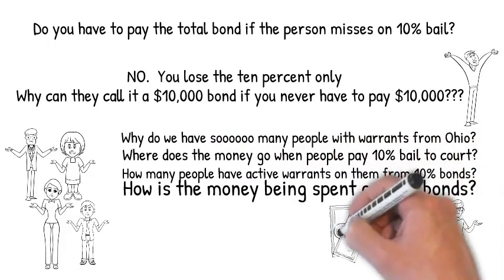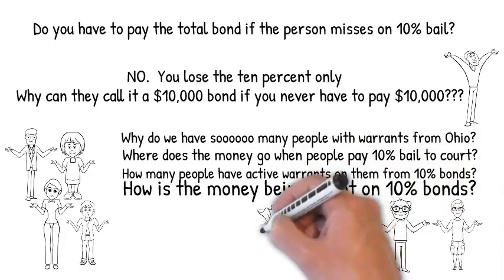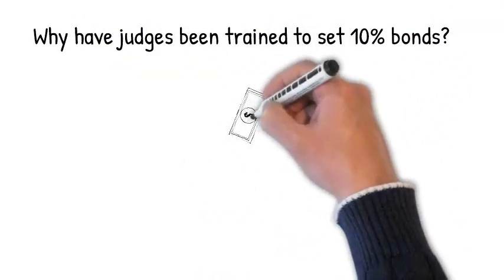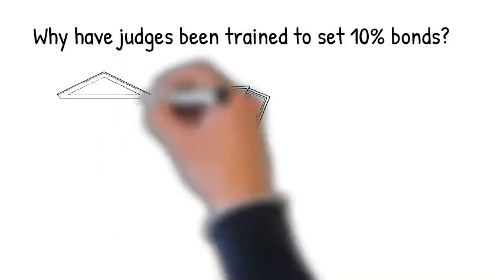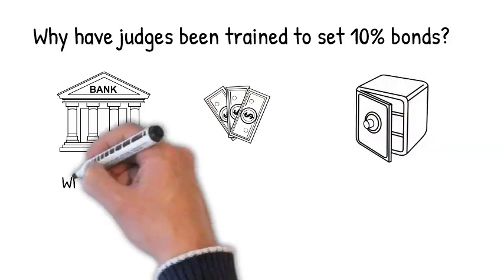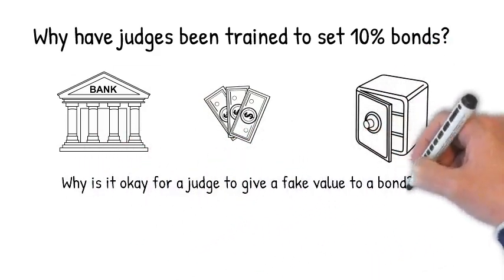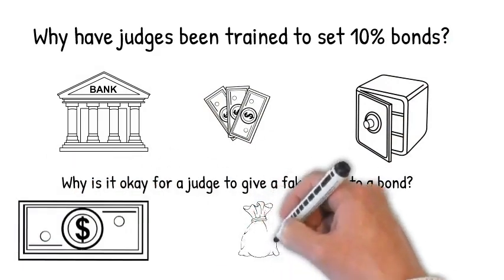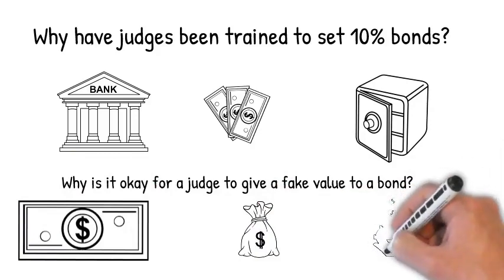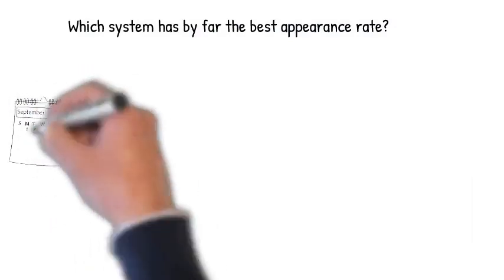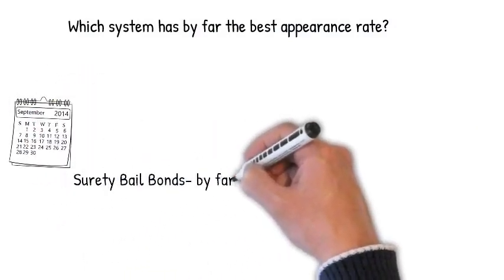Do they use it to help find the people? Do they actually use it to pay to return people to court if they find them in a different county or state? And why would judges use a value on a bond that is never actually accounted for? So, why would they give it a title like a $10,000 10% bond? If there's never $10,000 at stake, why would they call it that? If they're only going to secure $1,000 to let the person out and never go after the $10,000, why wouldn't they just call it what it is, a $1,000 cash-only bond?